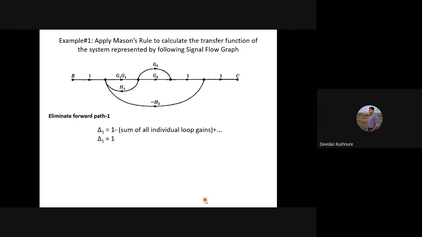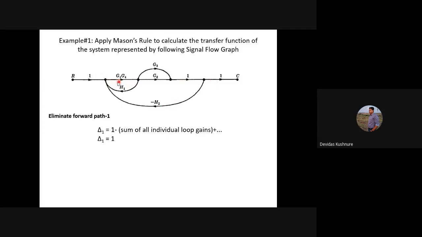Delta 1 is related to the forward path P1. This is forward path P1, starting from this point and moving directly to the output. Now we have to check 1 minus the loops which are not touching this forward path. We have to check whether any loop is non-touching to the forward path. This is one loop which touches the forward path here. This is one more loop, and you can see it is also touching the forward path. This is the third loop,